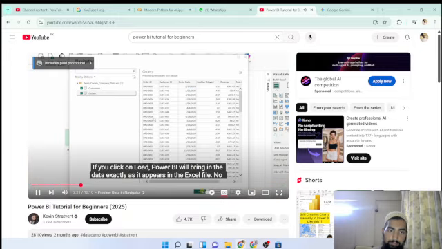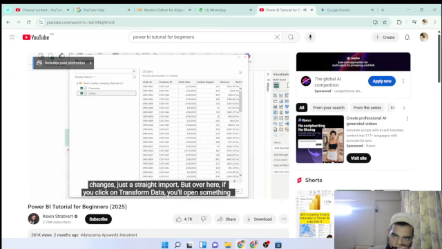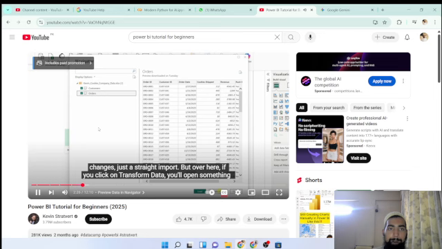It appears in the Excel file. No changes, just a straight import. But over here, if you click on Transform Data,